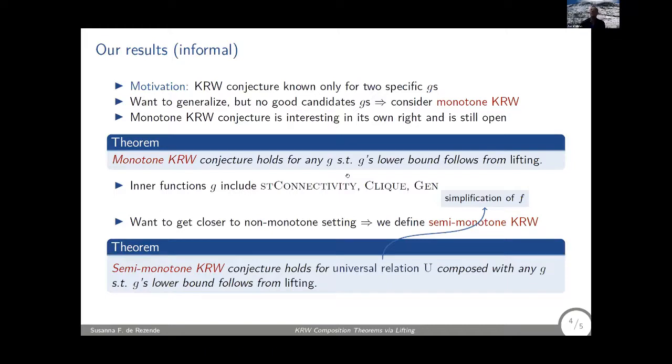Okay, there's another question in the chat. The KRW conjecture separates NC1 from P. Do these other versions, like monotone KRW or semi-monotone, lead to any similar separations? Right, yes. The monotone KRW conjecture would separate monotone NC1 from monotone P, but this is already known. So it wouldn't be proving anything new, but it has the same implication. And I don't know about the semi-monotone model; I can't think of any separation now.